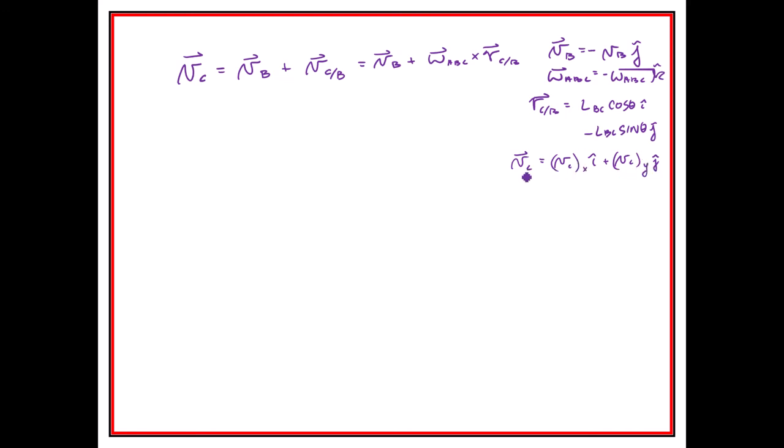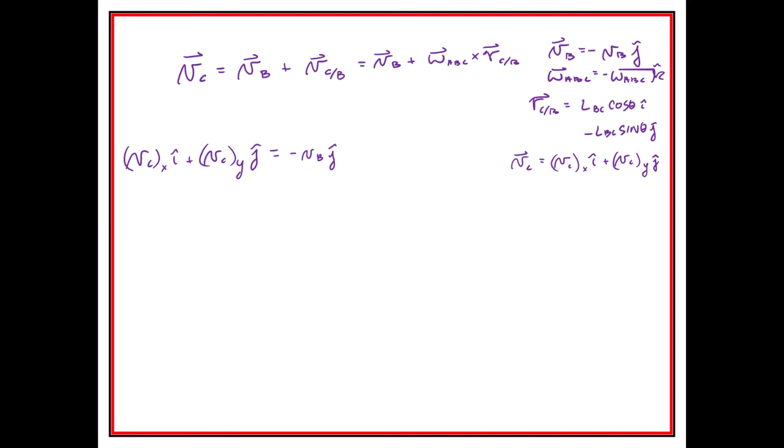These are the components that make up that full velocity. So if I write out that V_Cx I plus V_Cy J is going to be equal to negative V_B J,